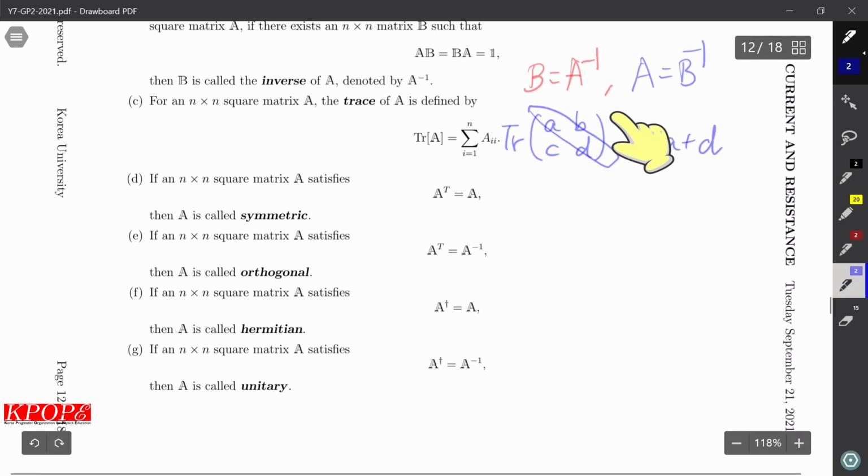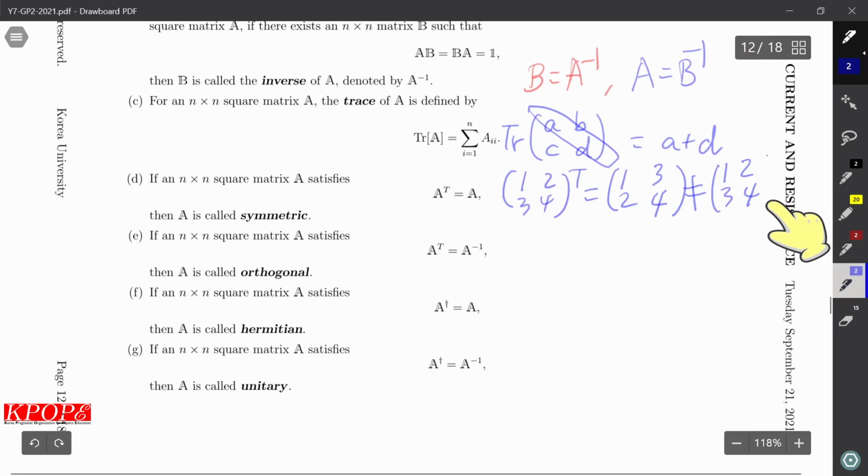If A, B, C, D is, for example, 1, 2, 3, 4, the transpose equals 1, 4, 3, 2. This is not equal to 1, 2, 3, 4, right? In general, the transpose is not the same as the original matrix. However,